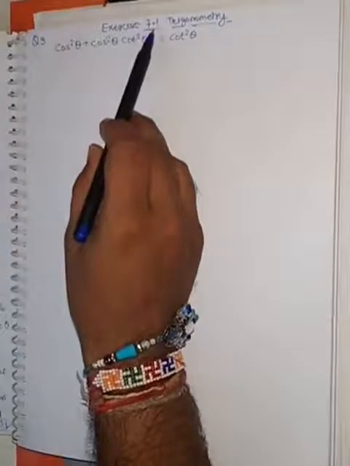Hello students. In the last video we were revising our chapter number 7, that is trigonometry. There we have seen, as I have posted, two videos on my YouTube channel. I hope that you have all seen those videos and remember how to derive the formulas from the figures or from the methods which I have described in those videos. So now here we are going to solve some more problems regarding our exercise 7.1 in